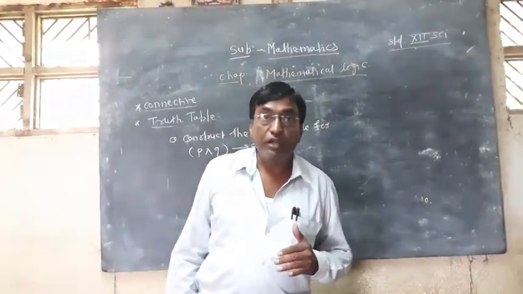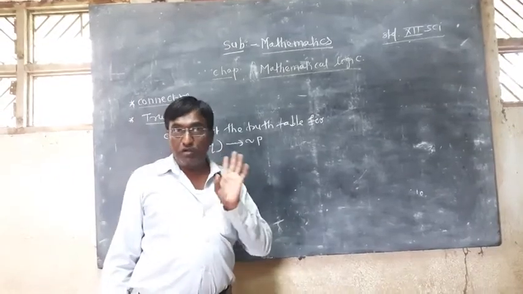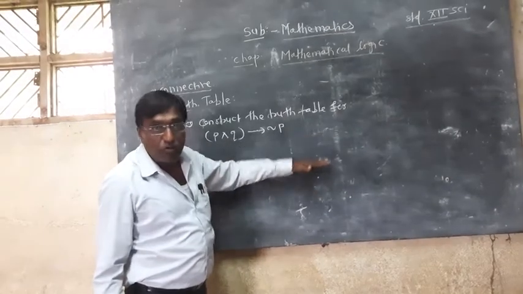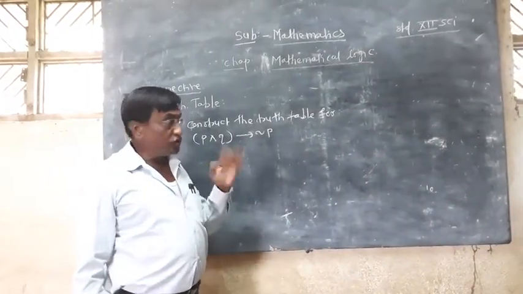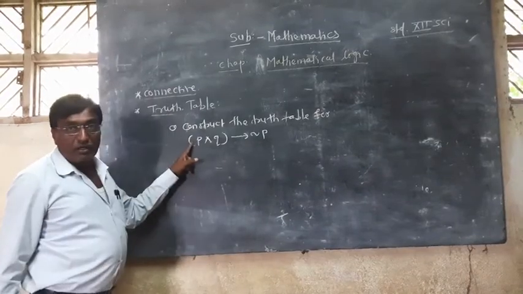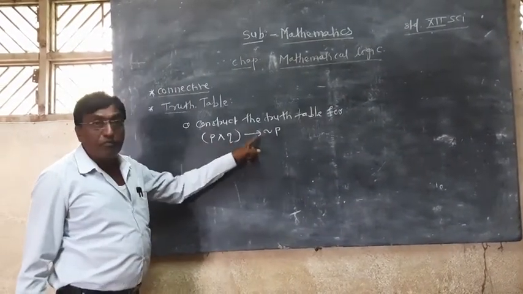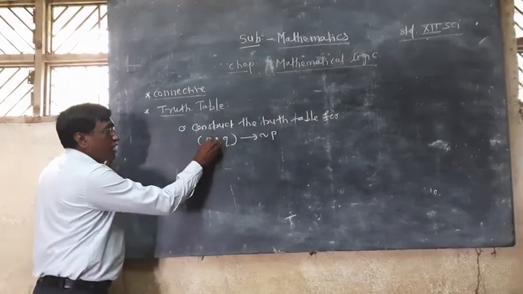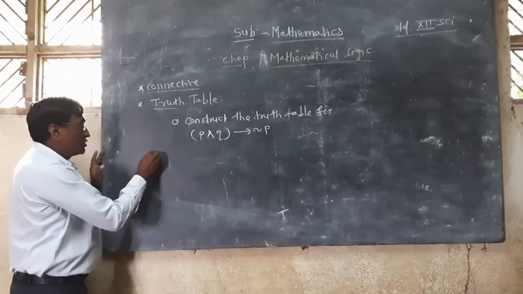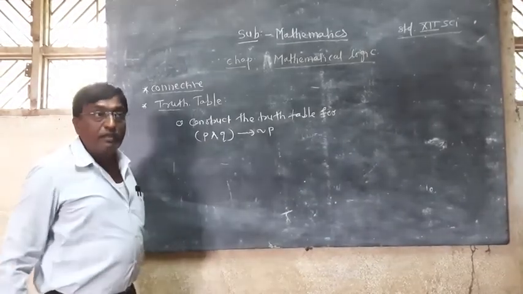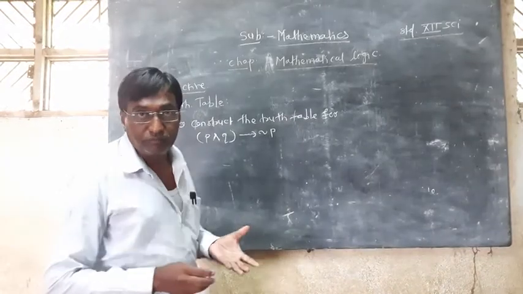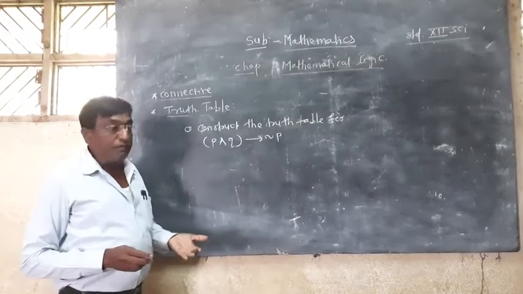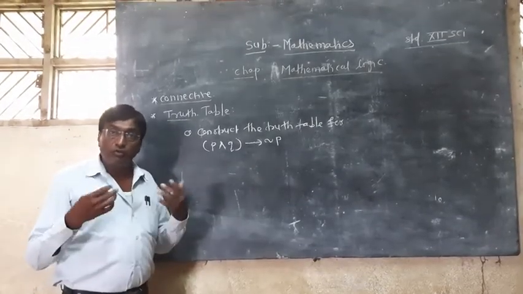which things are required for the table? In case of a table, you require a number of rows and a number of columns. The number of rows depends upon the main statement data. So first observe how many main statements are here. Here the main statements are two, P and Q. If two statements are combined, then the possibilities of result will be 4. If three statements are combined, the possibilities of result will be 8.